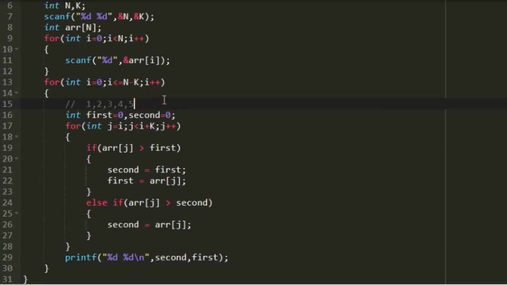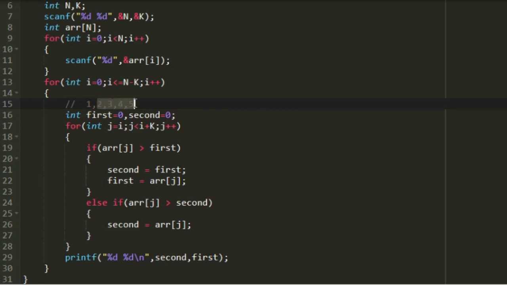And now we are going to form a subarray with 4 integers. So the first set of 4 integers would be 1, 2, 3 and 4. So there will be 4 integers, and the next set would be 2, 3, 4, 5. So there are only 2 possible subarrays of size 4 which can be formed, because after this if we try to form a subarray from the index, that is from the integer 3, we will be having only 3 integers. So we won't be able to form a subarray of size 4.